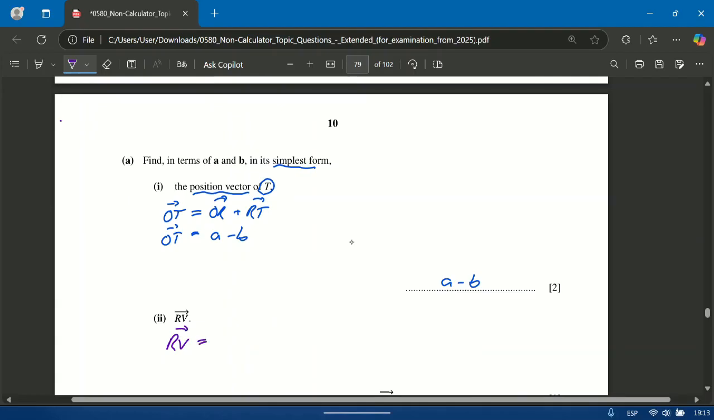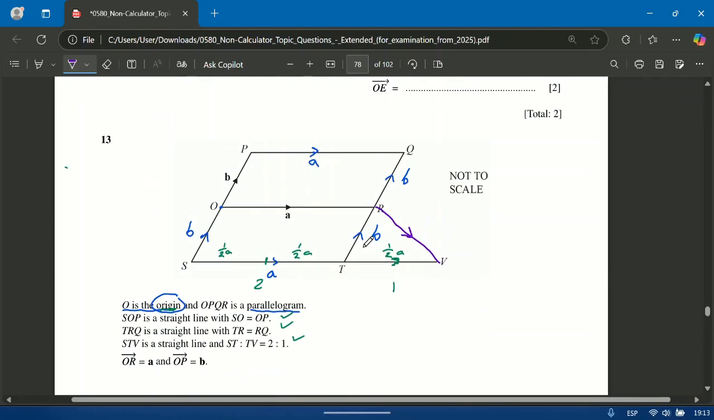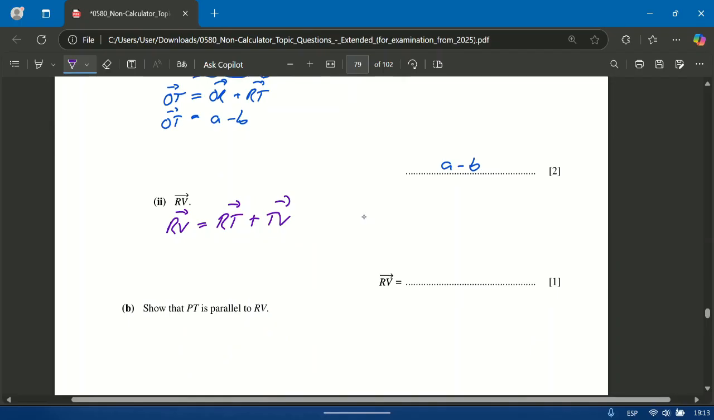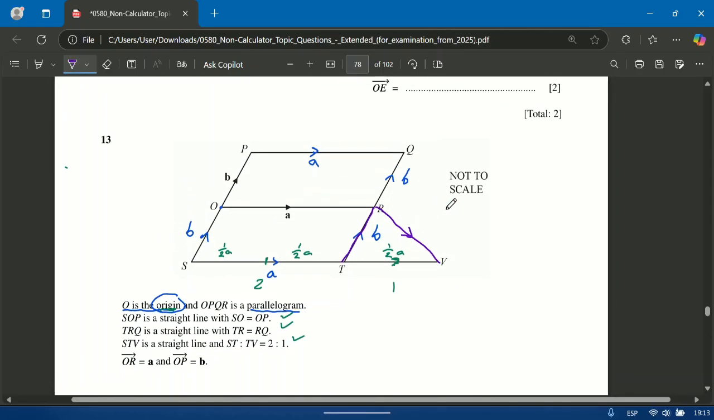RV is RT plus TV. That's the path we're following. So RT being negative B, and TV, remember we already figured that out before. If the ratio is 2 to 1, then this will be half an A. So TV is half an A